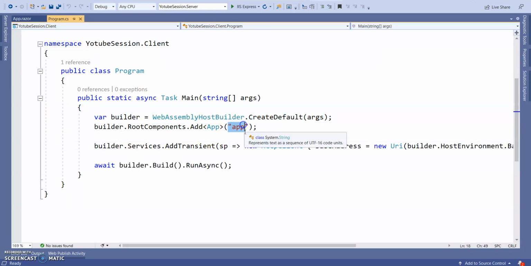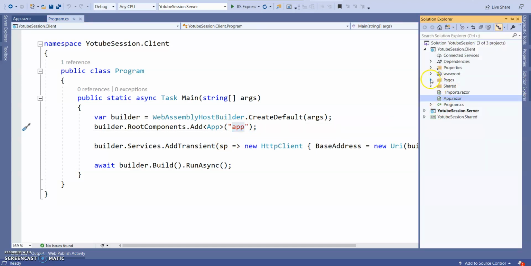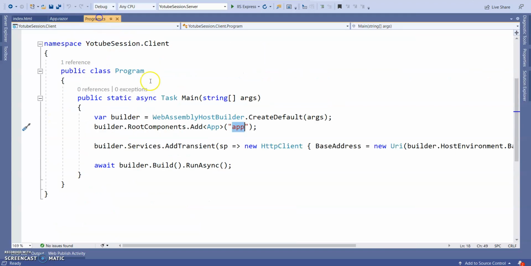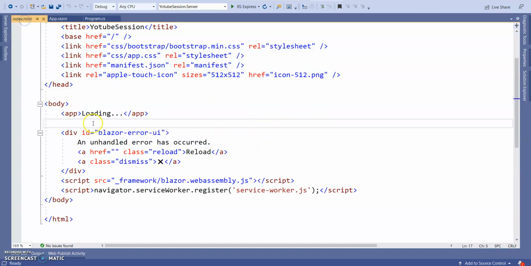Then it is searching for this DOM component. So where do we find this app DOM component? Go to the wwwroot. Inside the wwwroot client section, you can find the CSS and other JS files, icon file, and index.html. In a Blazor server app, there is _Host.cshtml, but in WebAssembly, it's index.html. Double click this one. Here you can find this app. Once you want to change the app, you can change here. Run the application and see where the app is binding.